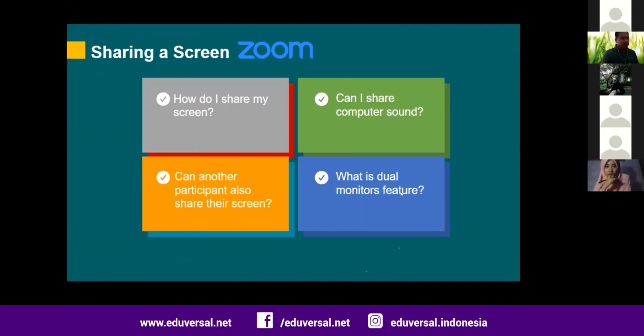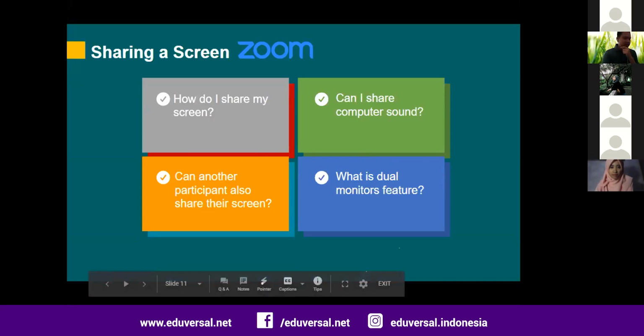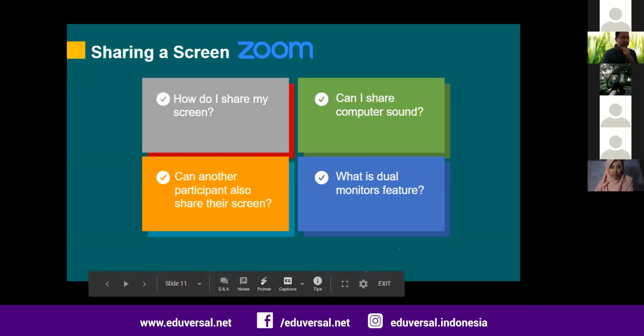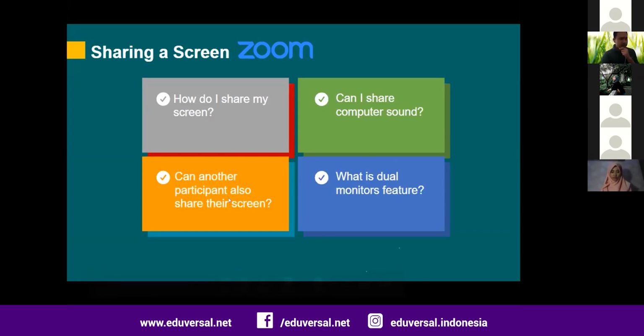So to answer these questions, the answer is yes. You can add other participants if you allow. If you are a teacher who becomes a host in online learning, you can make the students also able to share without permission if you allow them.